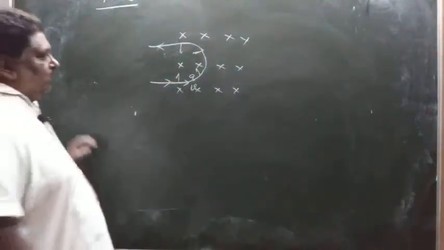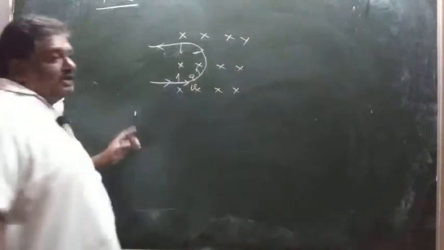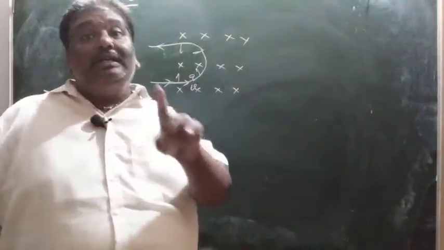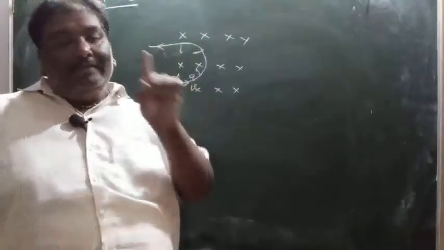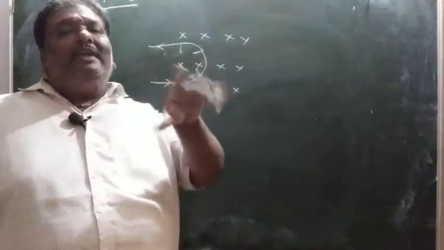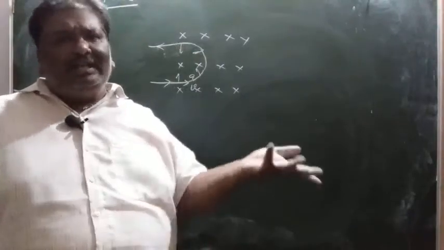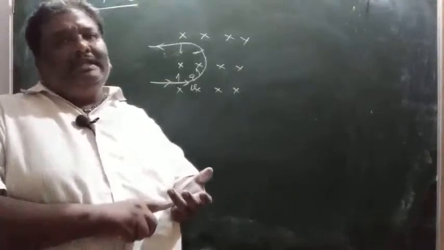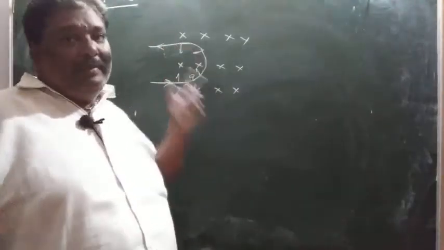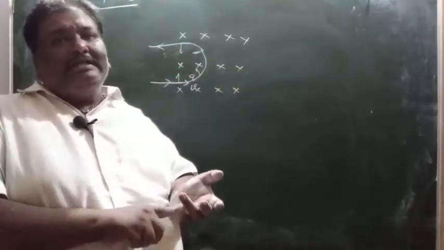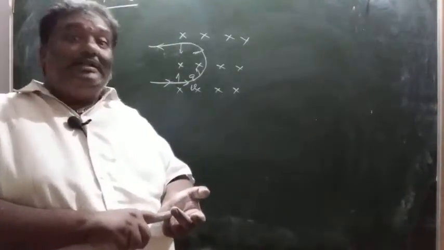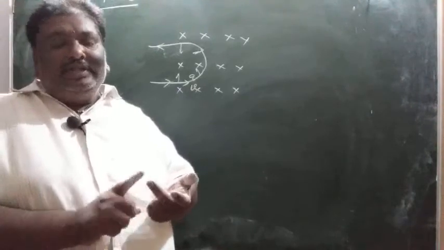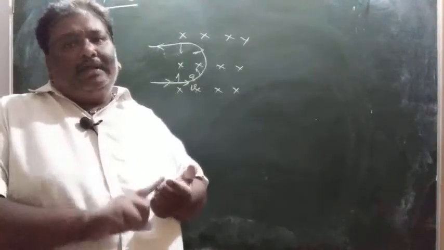Therefore, when a charged particle travels in the magnetic field, there is no change in speed. Same speed will be maintained. But velocity changes, that is direction changes, that is velocity said to be changed. So kinetic energy does not change when a charged particle travels in a magnetic field. Velocity changes, but speed does not change. Change in momentum is only direction, no magnitude.